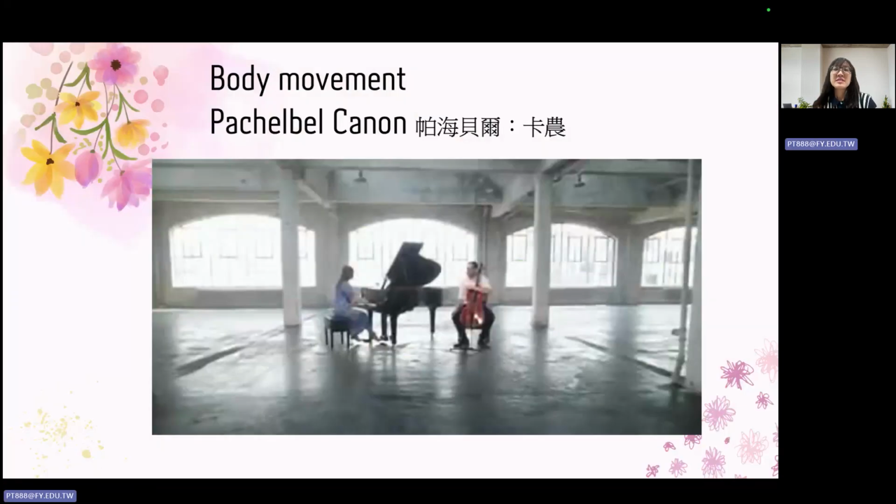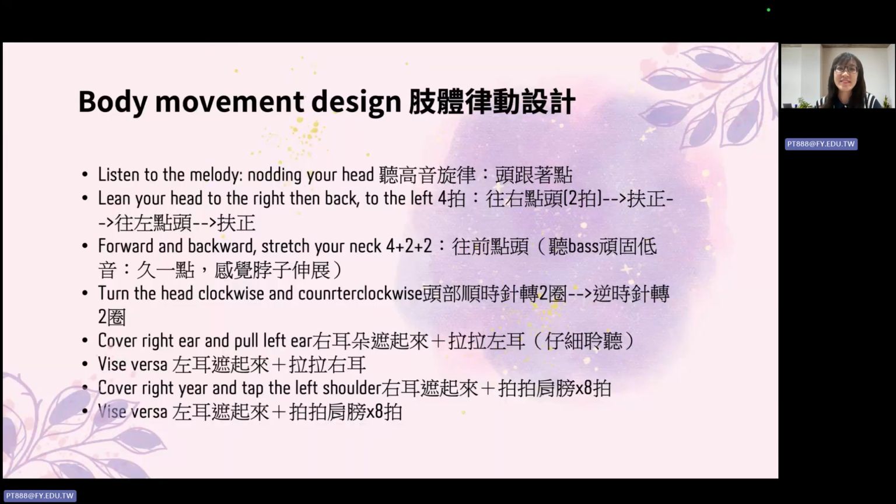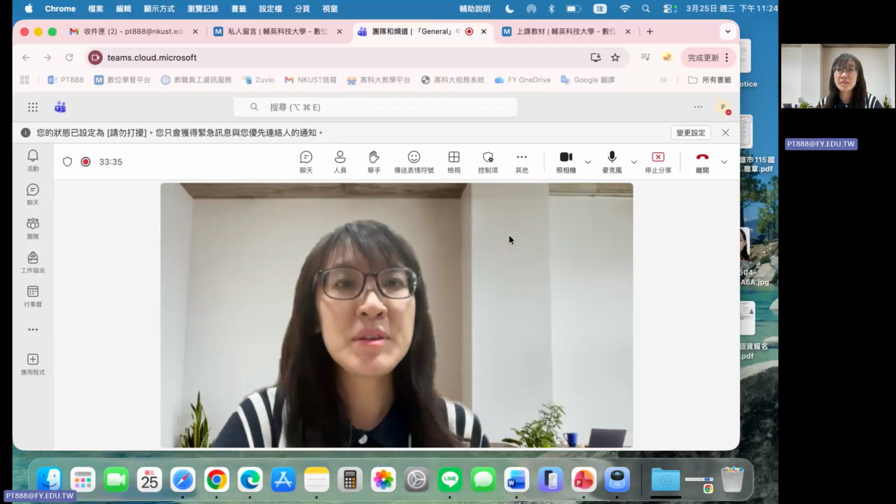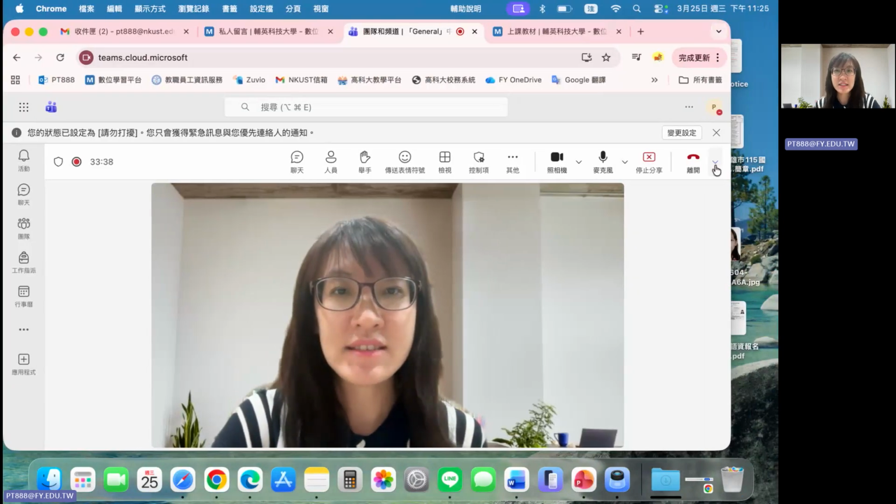All right, and if we get some more time, we will do some body movement on this piece, Pachelbel Canon. Okay, right. Okay, so I'm going to stop here. See you